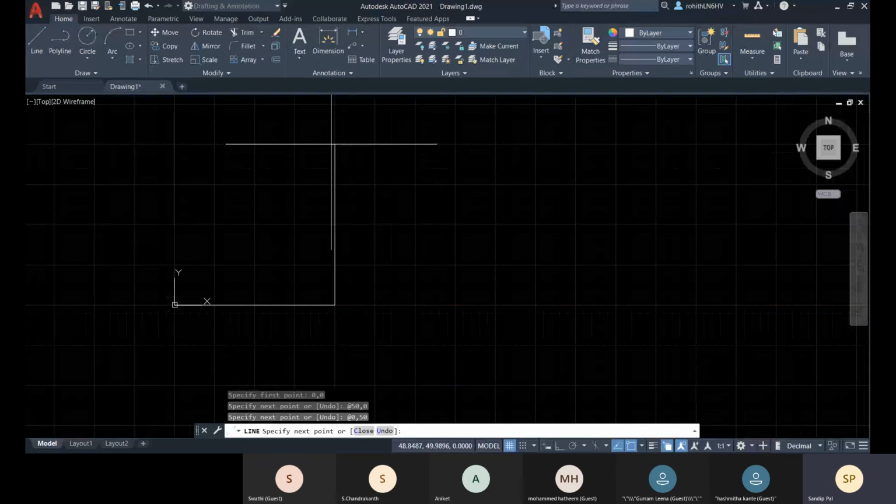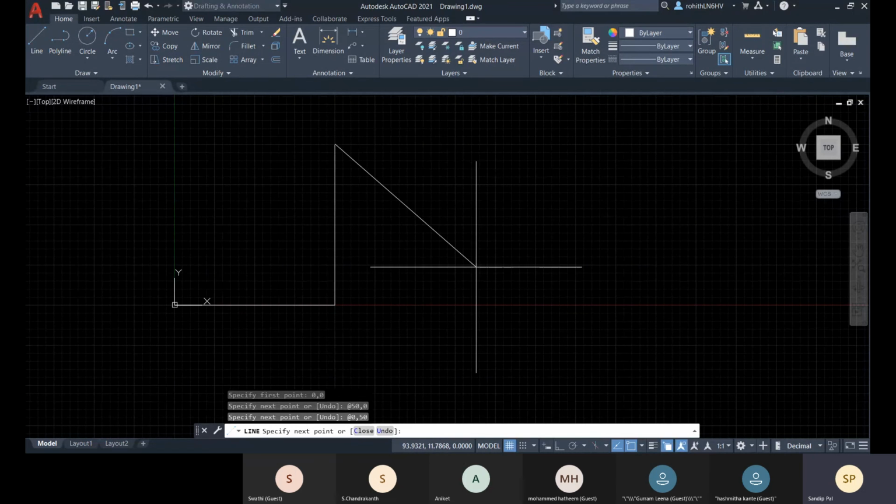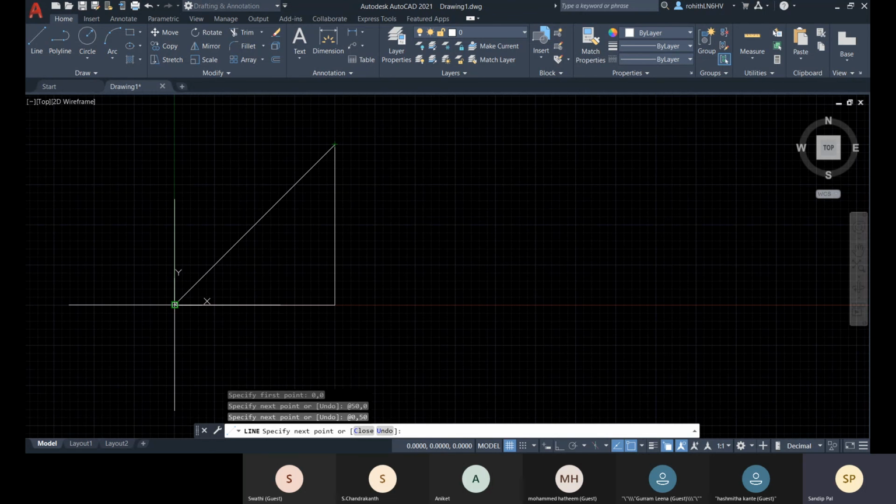Now you see. But if I had to draw this line with Cartesian absolute coordinate value, I had to put 50 comma 50 because it would be calculating from the origin. So from this origin, this point would be 50 in the x and 50 in the y, right?